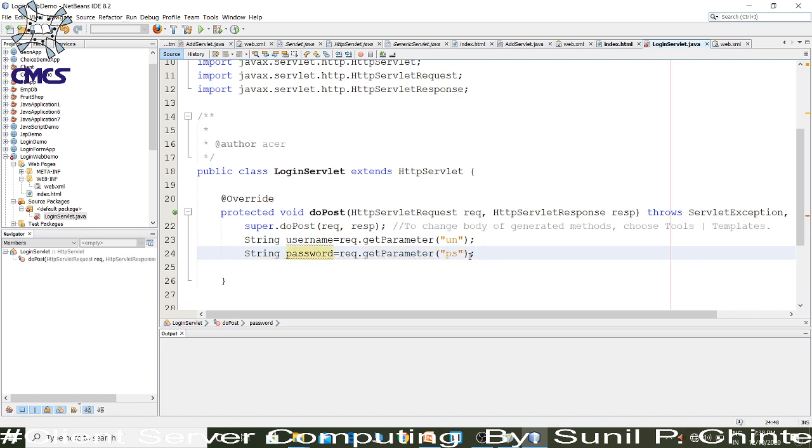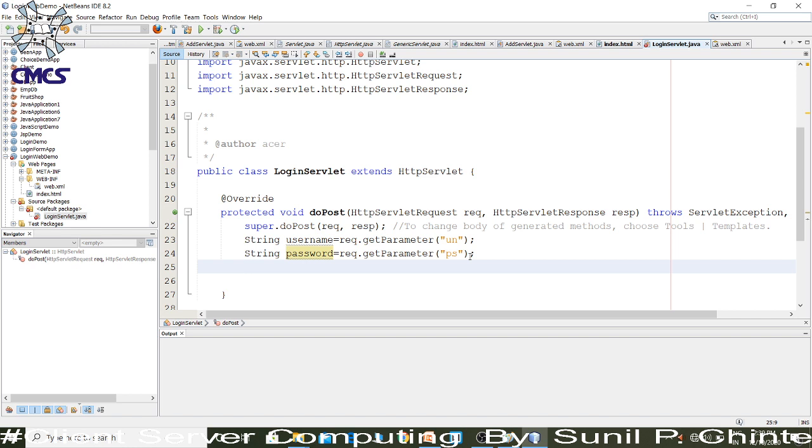Now we are getting the username and password that are sent by the HTML web page. Now we have to return the response to the clients.